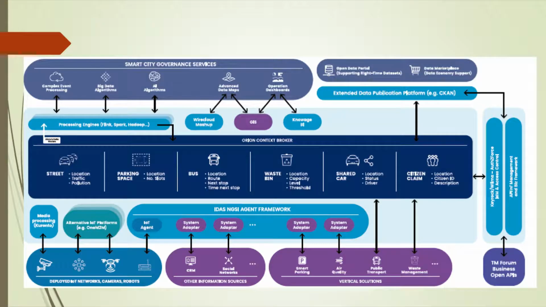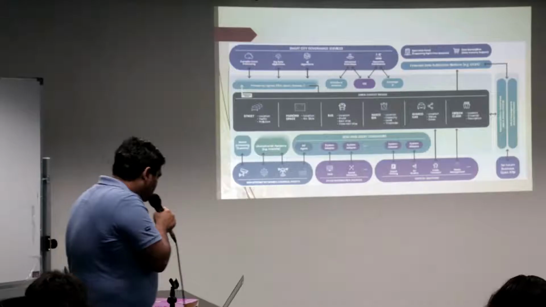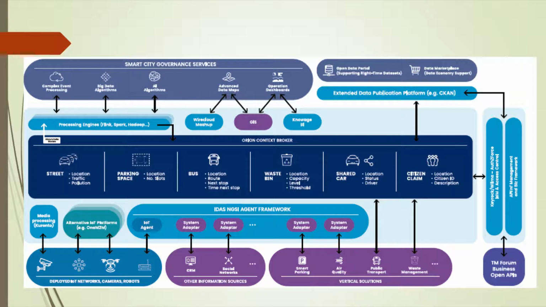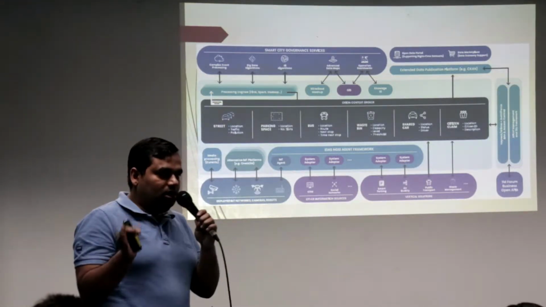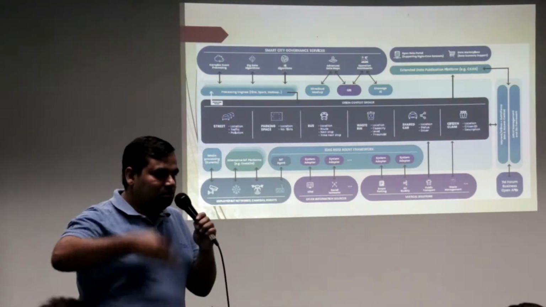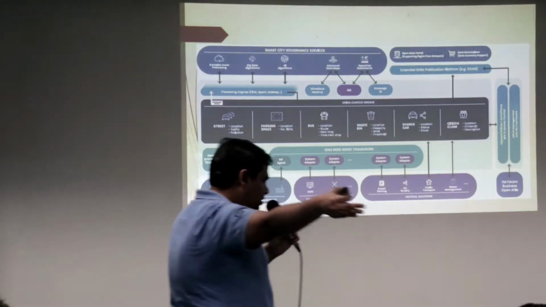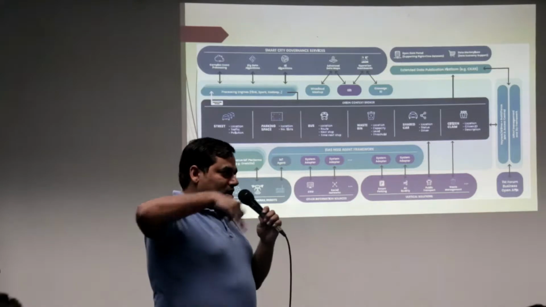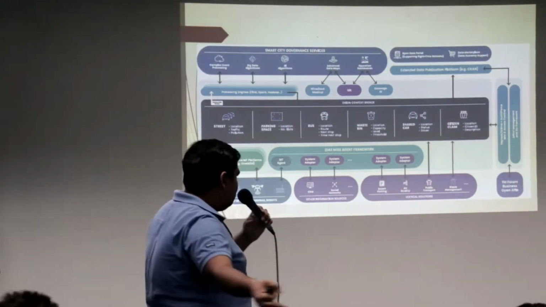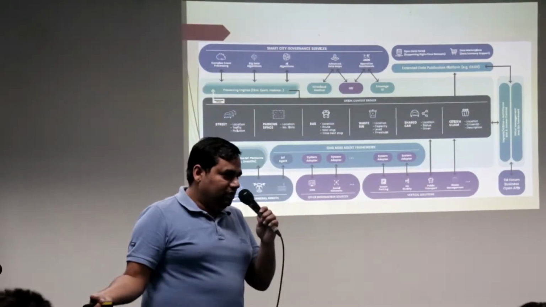Now let me take you to the stack. This is the stack. Here you can see deployment of IoT networks, cameras, and robots. You see there's a camera here, so we have an enabler called Kurento. Kurento is an enabler that you can use, based on WebRTC. You can use it for your augmented reality, for communication, for video chats, for multi-endpoint chats, or the like. You can easily use it and configure it.